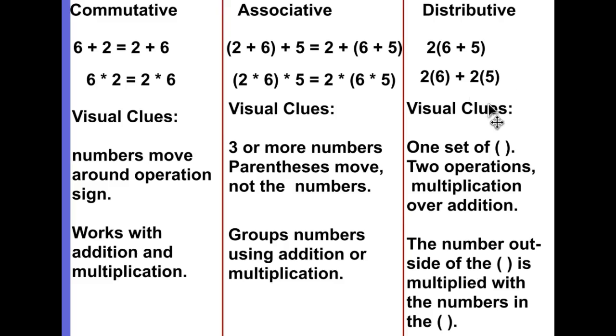And visual clue, in my original distributive property, I have 1 set of parentheses, 2 operations, multiplication and addition. The 2 outside of the parentheses indicates multiplication. The number outside of the parentheses is multiplied with the numbers in the parentheses, just like we did here. Okay, so